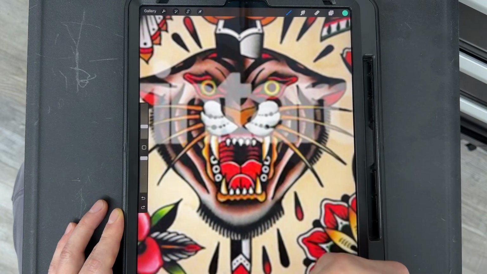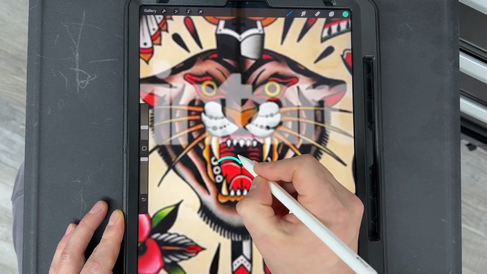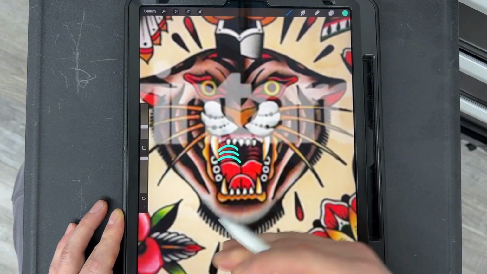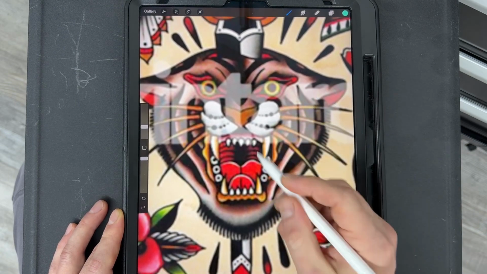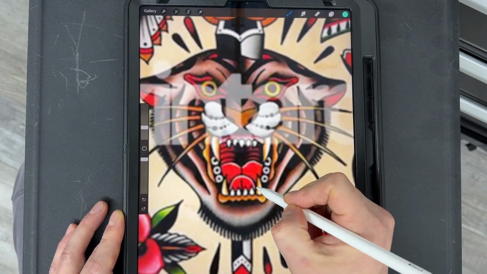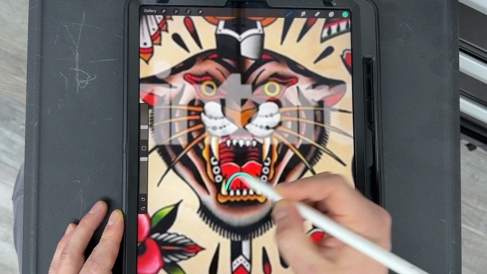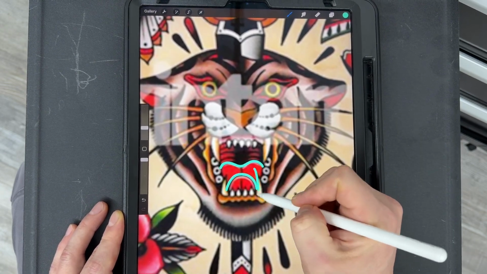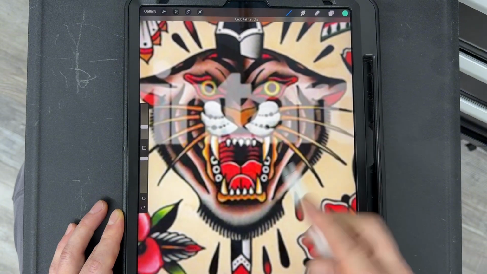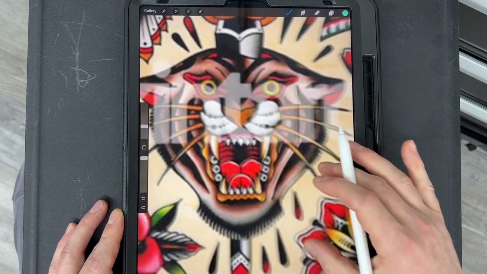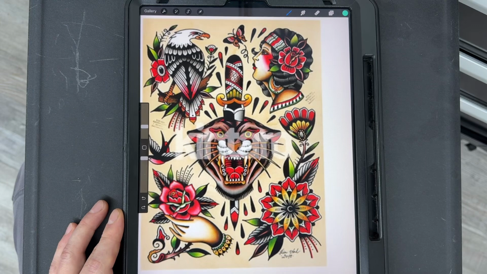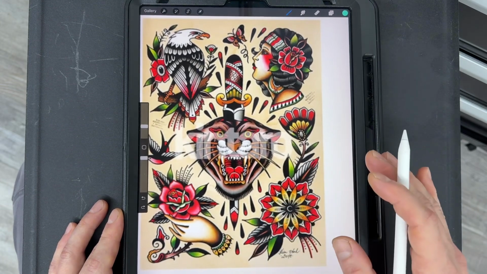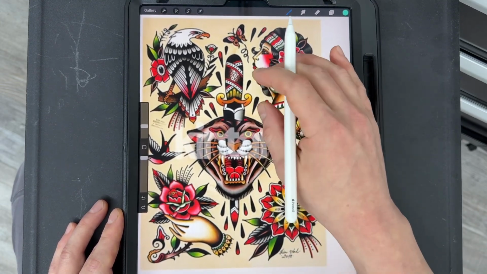But that's pretty high detail line work with all these little top of the roof of the mouth lines in there. If you watched my wolf video series where I do the front wolf, you've got the tongue that comes up, the tongue that's this way, right? And then this little swoopy part of the tongue that swoops up. All classic things that if you do a little bit of research, you will see these present in early tattoo